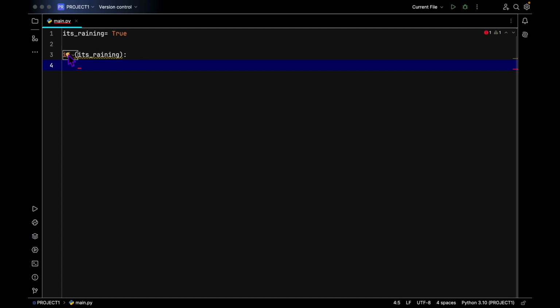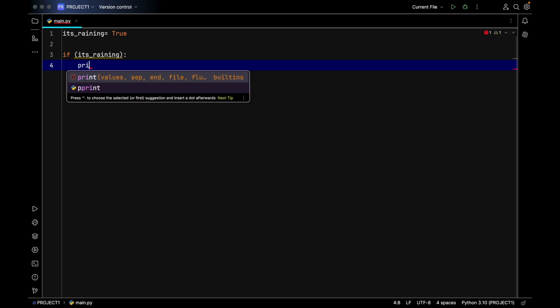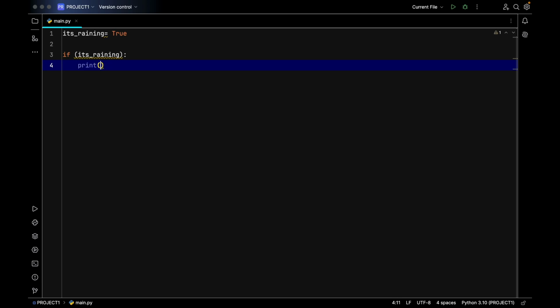You write if, then brackets, then inside the brackets you write your condition, then put a colon, then hit enter to enter inside the body of the if statement. Inside the body we would want to print, if it is raining, then I'm staying